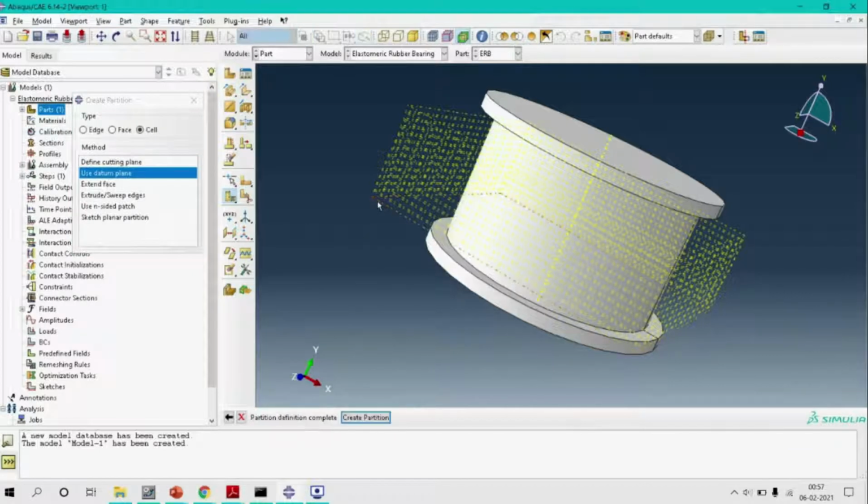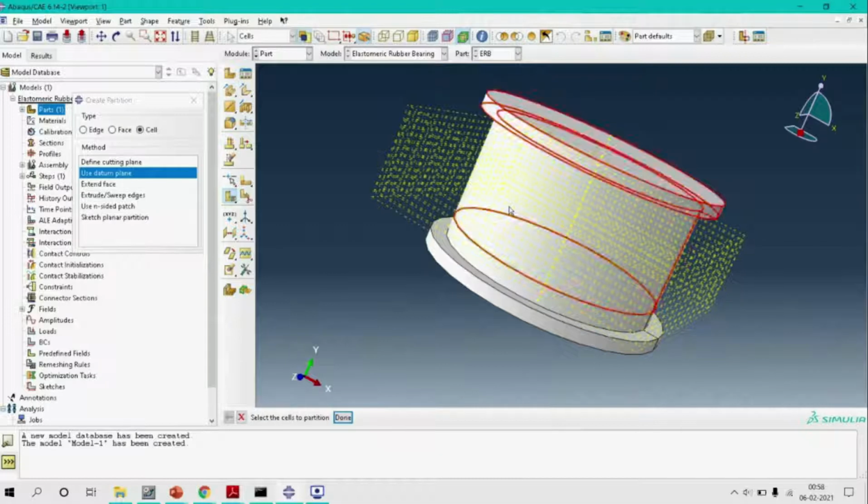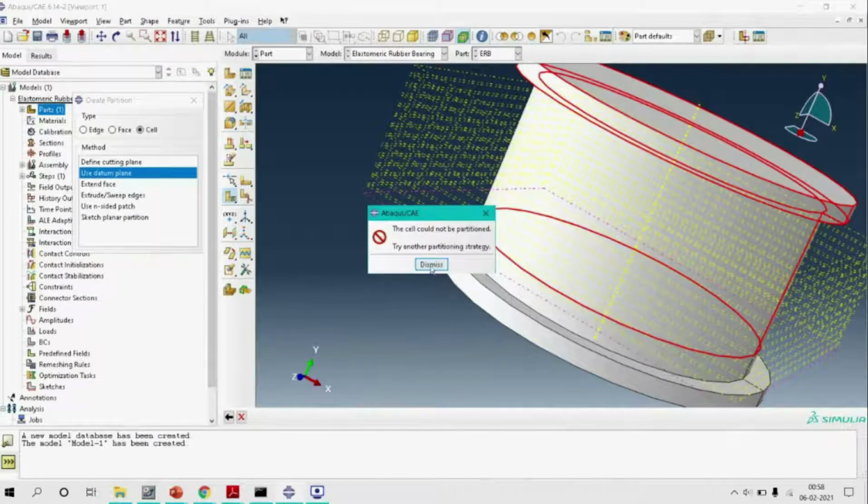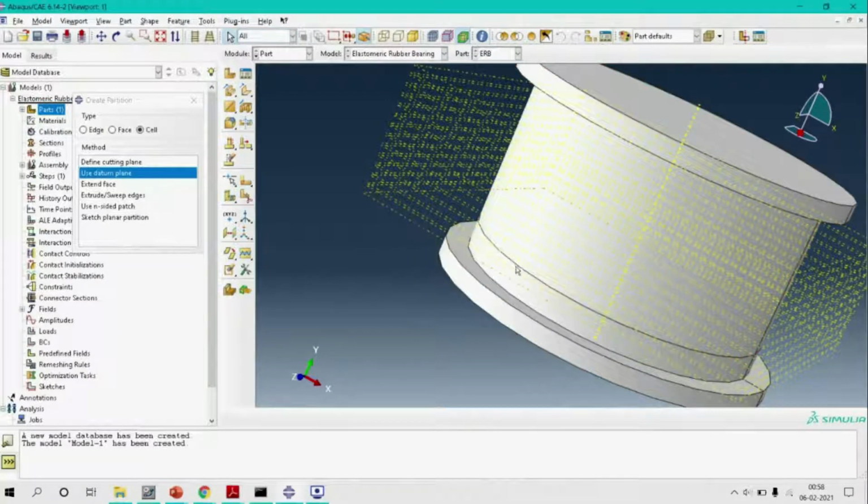So first select the datum plane, create partition, select the cell, done. So it can be seen that our first partition has been created. Similarly, we have to create partitions for all the datum planes that we have just created.